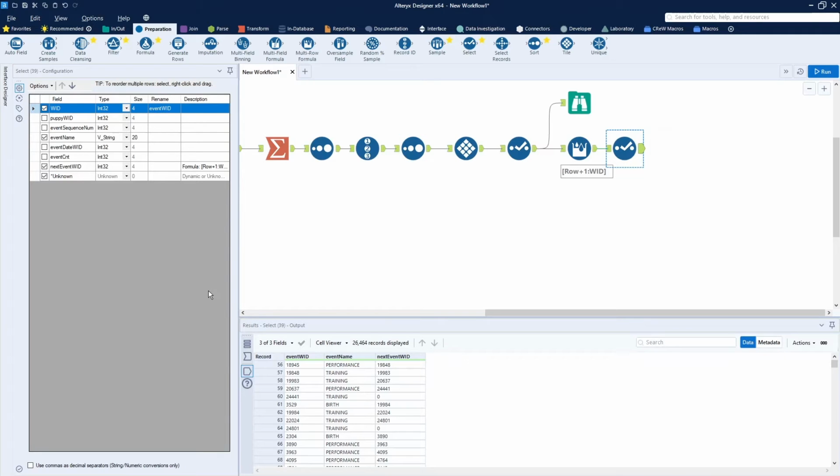So now we simply have our linked, well, let's turn off event name. We have our linked data. Run this once again. There we go. Very simple. Now what we want to do is we want to put in our control macro for